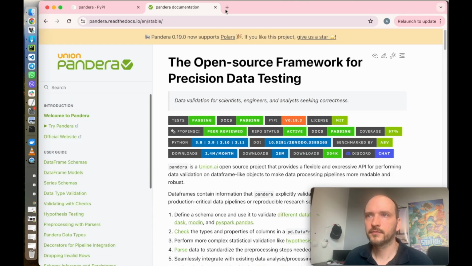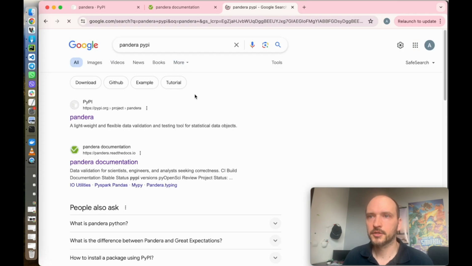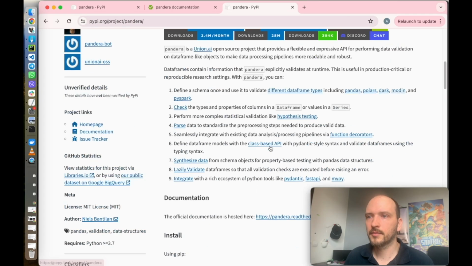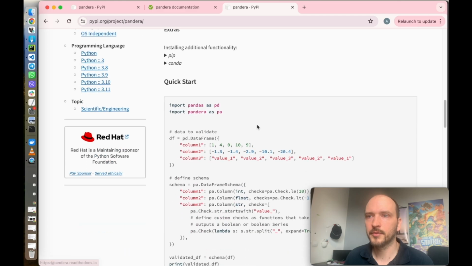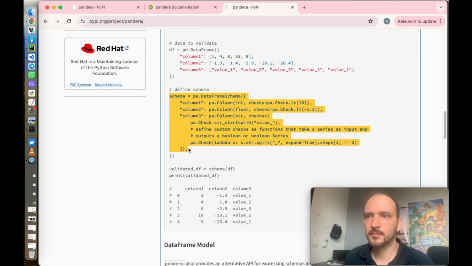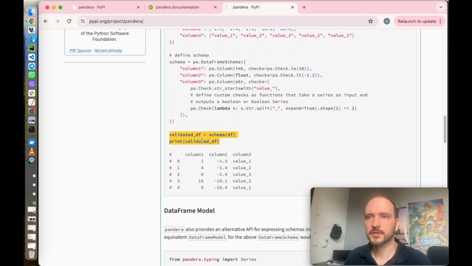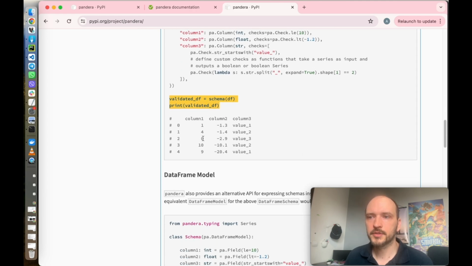So you can read it through, though I will show you their package on PyPI. They recommend, as a default, the usage of schemas like that. So when you define a schema as an object, and then you validate the data frame explicitly, you can also do that if it suits your needs, but I personally prefer schemas to be checked automatically,